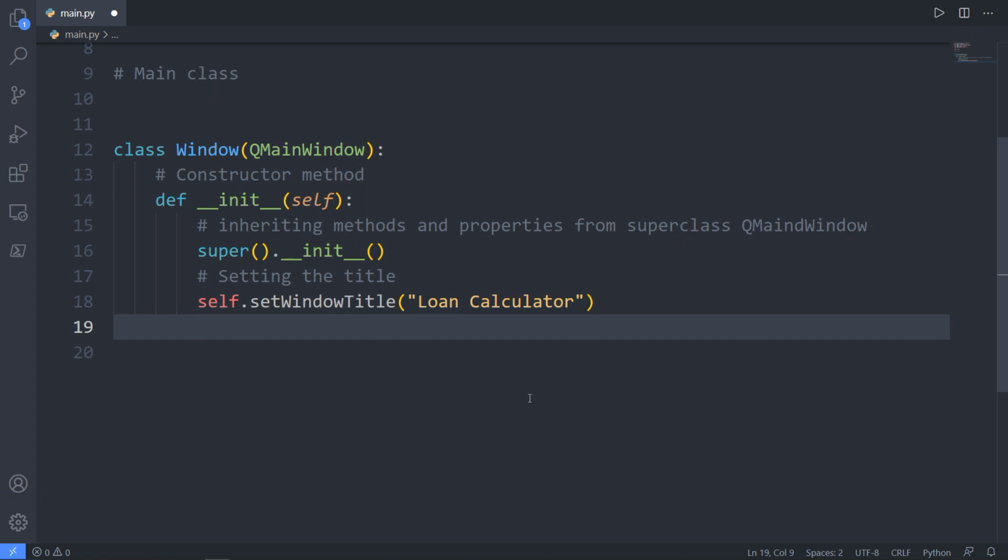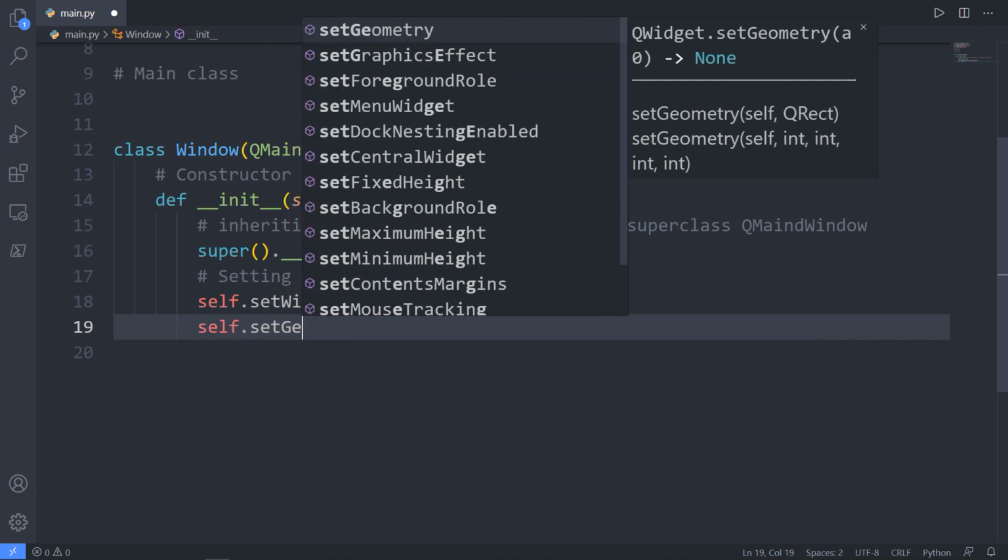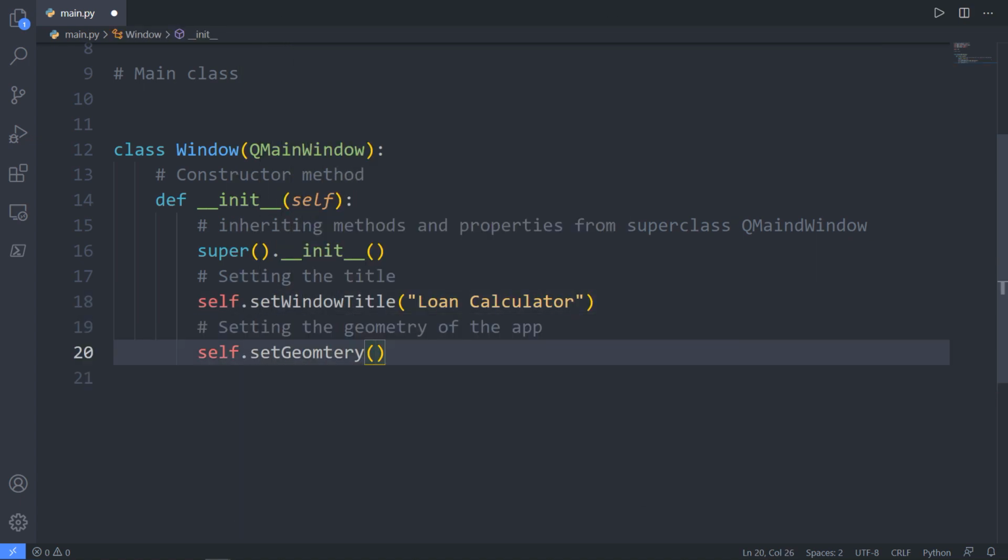And to do that, we have a method called setGeometry. So self.setGeometry. The setGeometry method takes 4 arguments: the x coordinate, the y coordinate, the window width, and the window height. So the x and y coordinate, generally in GUI, if you have worked with Pygame, for example, to design